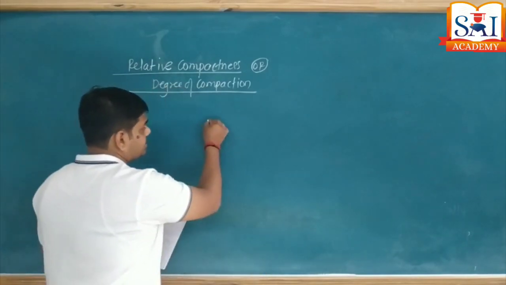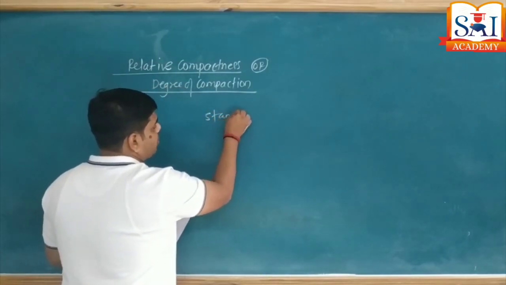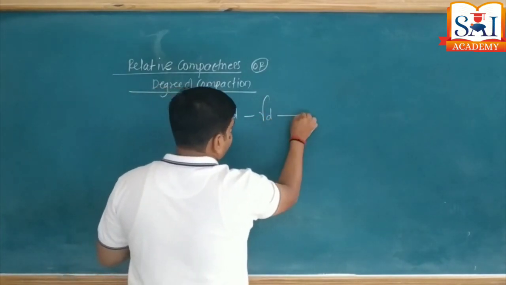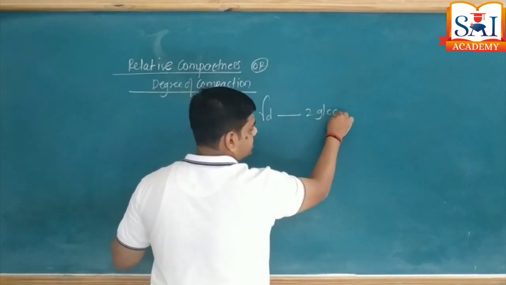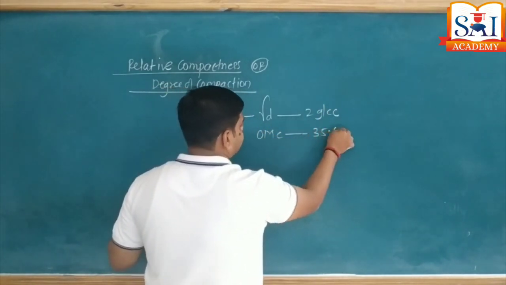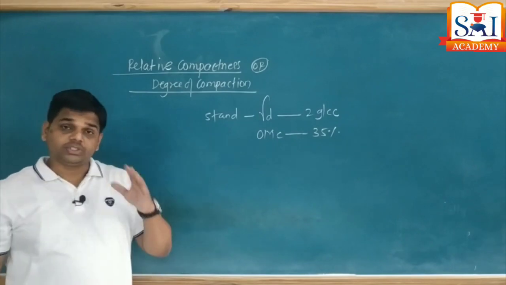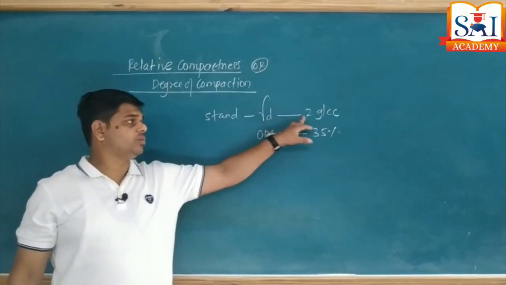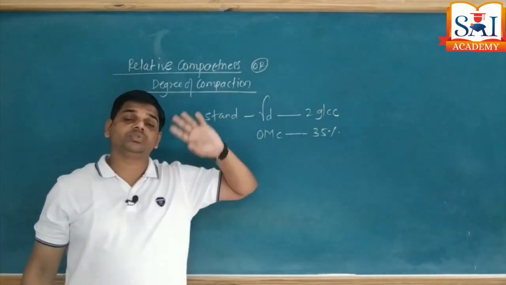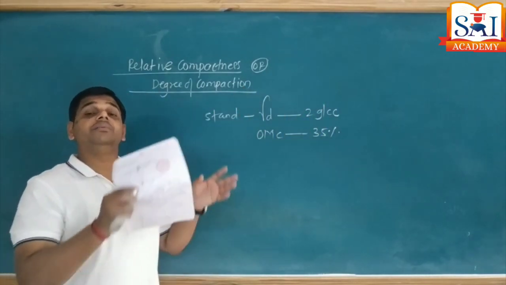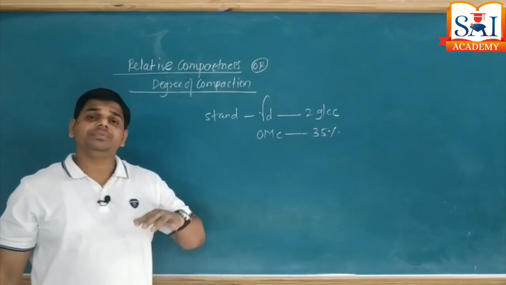Suppose I use a standard Proctor test and this gives me a dry unit weight of, say, 2 gram per cc, and OMC equal to, say, 35%. When a soil is tested in the laboratory, it gives me the dry unit weight of 2 gram per cc according to the standard Proctor test. Now the same soil, when used in the field for construction of the designed